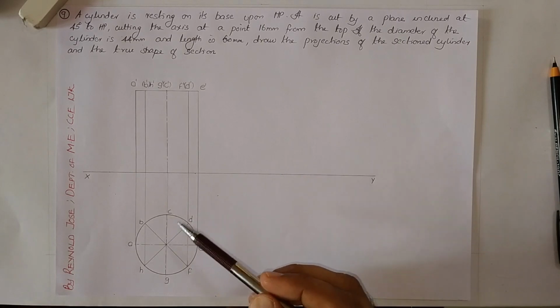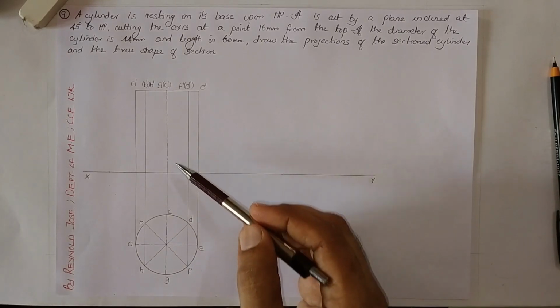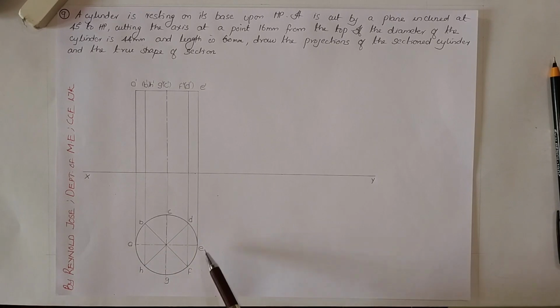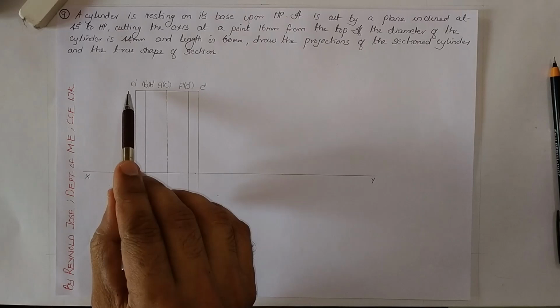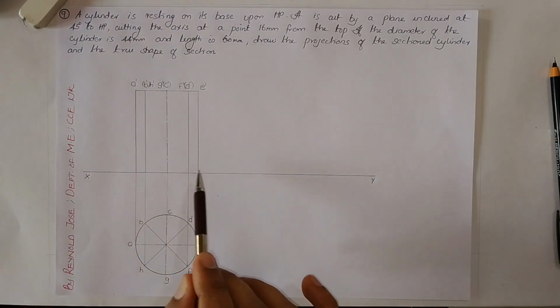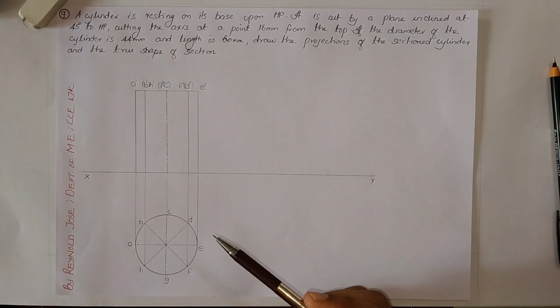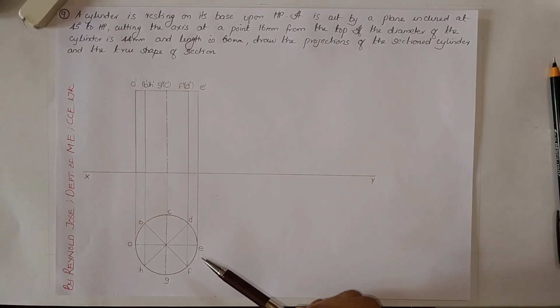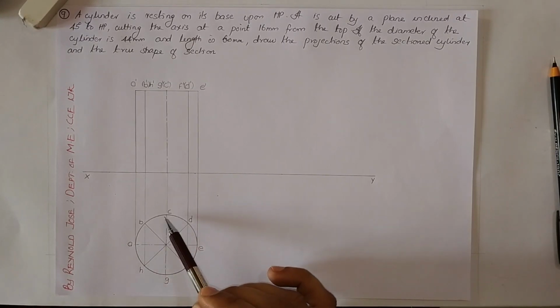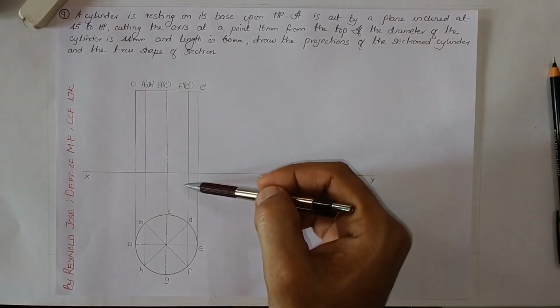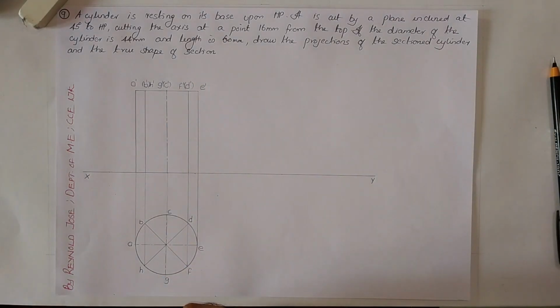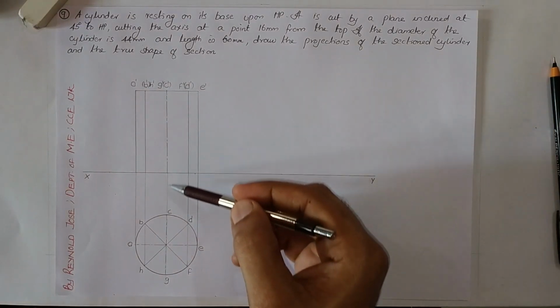As per the question, we have done a symbol top view and a symbol front view. I have marked only 8 points along the top surface, A, B, C, D, E, F, G, H, and here also I have marked only 8 points. I have not marked the base here. If you want, you can mark the base also, but it is not necessary. From each of these points we have got some generators, totally around 8 generators starting from A, B, C, D, E, F, G, H, and we have drawn the axis also.